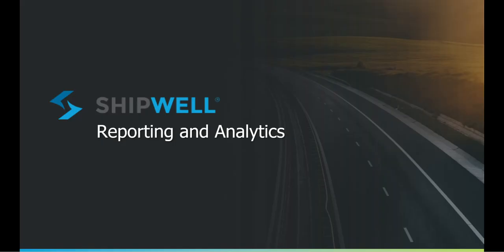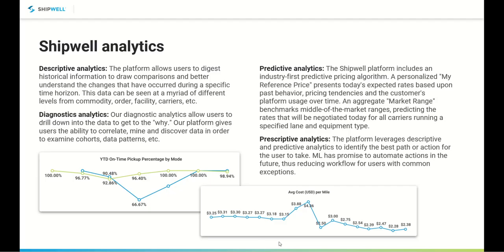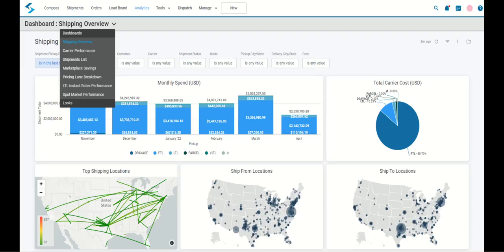All right, the last thing that I had to cover today was around reporting and analytics. I will cover a quick little bit around integration and some of the things that we talked through today as well. But from a reporting and analytics perspective, it's not just data, it's not just reporting, it's a business intelligence tool really designed to provide 4 categories of information: descriptive analytics, diagnostic analytics, predictive analytics, as well as prescriptive. Average cost per mile, average cost per pound, on-time pick, delivery performance, all of that delivered through a